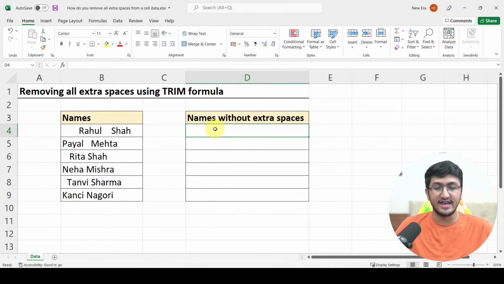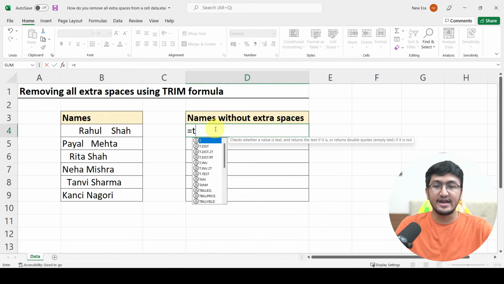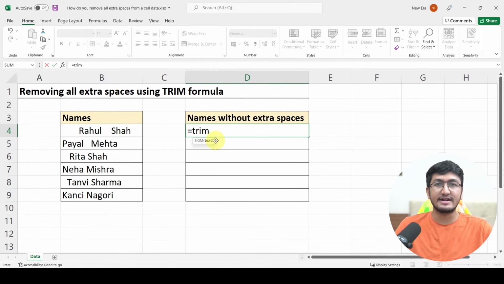So I'll simply go to this cell and type is equal to TRIM. Once I have this formula right here, I will simply double click or hit the tab key on my keyboard to select the formula. This formula is very simple to use. All you have to do is tell this formula which cell do you want to remove the extra space from inside the formula. So right here, I will simply select this cell, close my bracket, and that's it. Is equal to trim, pointed towards the cell that you want to clean and remove extra spaces from, and then